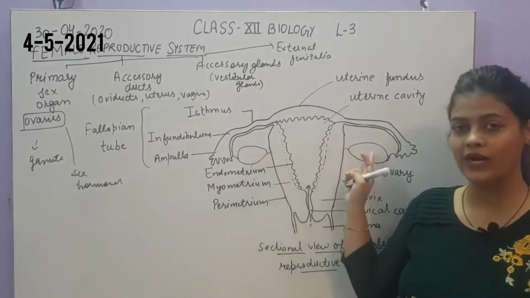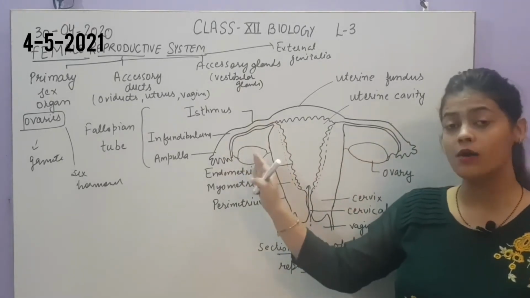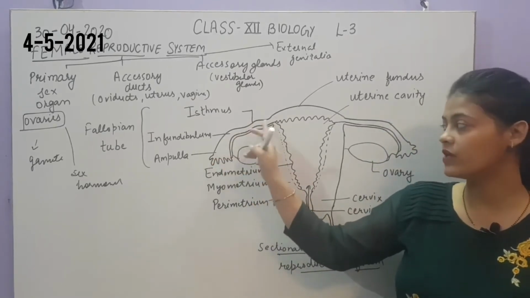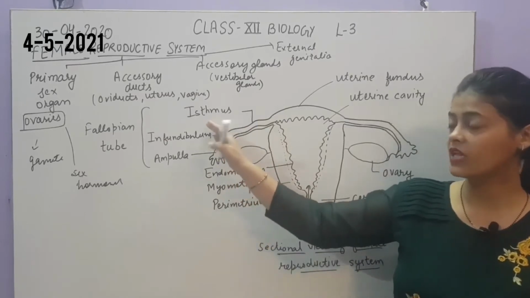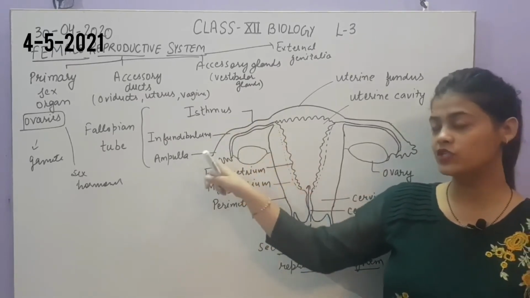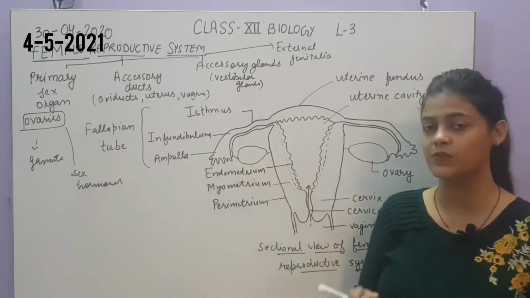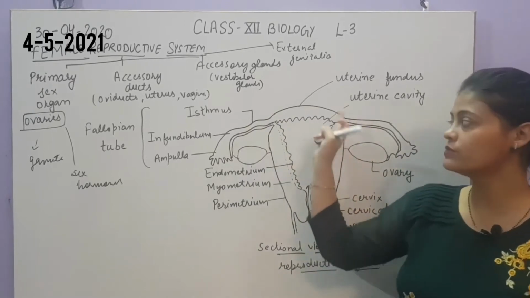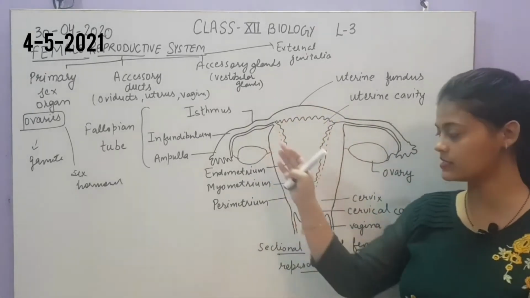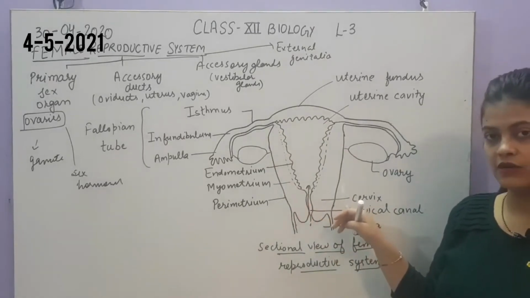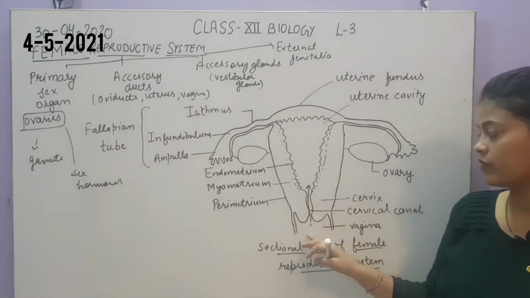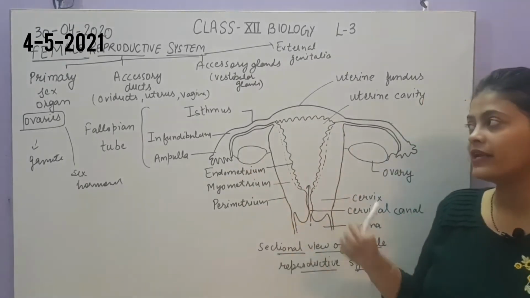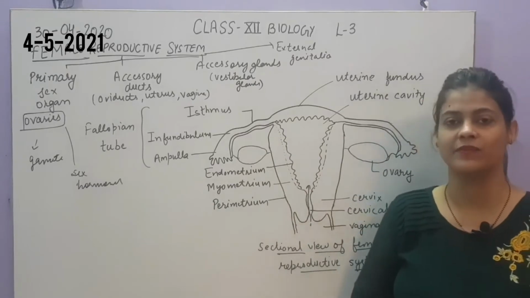So these are the two paired ovaries which will form the female gamete as well as the female sex hormones. They are not directly connected with the fallopian tube, but the ampulla portion has finger-like projections to collect the female gametes. Then these tube-like structures, the fallopian tubes, connect to the uterus. The uterus end is called the cervix, which is connected with the vagina, from where the sperms will enter the female reproductive system. Now we will take up each and every part in detail one by one.